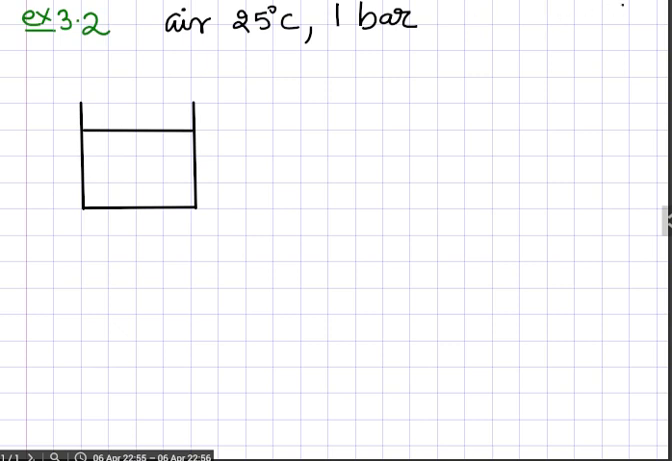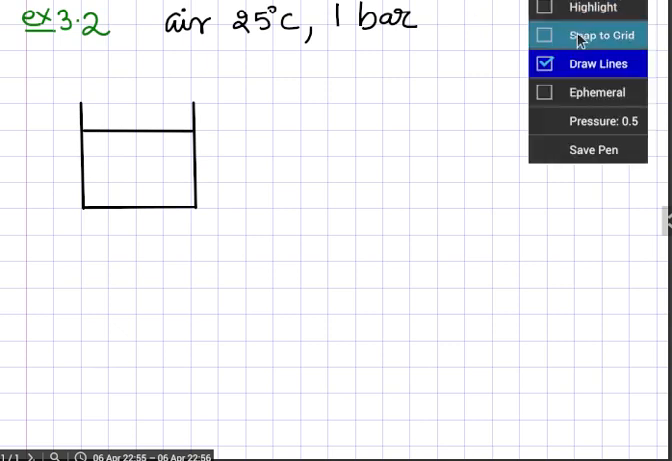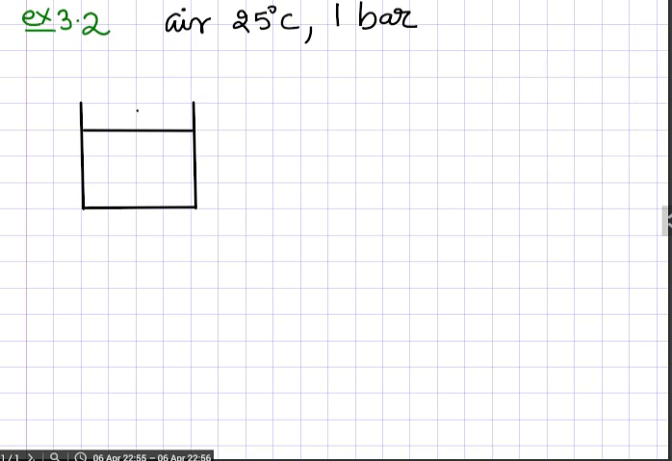So how will you show the conditions? 1 bar, you can show it this way, that weight is there and it is creating a pressure. P1 is equal to 1 bar in the cylinder, and the temperature of the gas inside the cylinder is 25 degrees centigrade, and also they have